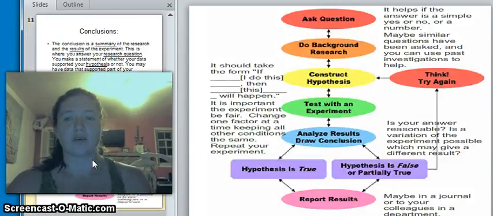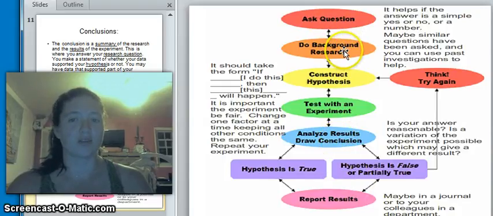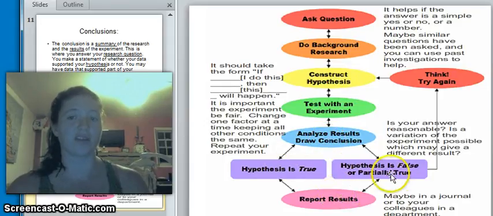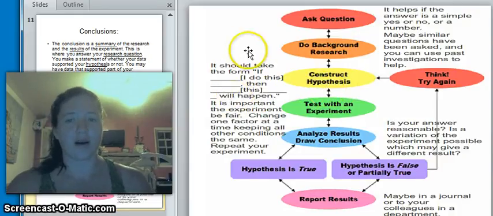Okay, now going through, our last piece here is kind of the flow chart here. We start with ask a question, do a little background research, have a hypothesis, test it, analyze it. If it's true, we report the results. If it's false, we report the results and then think about it and try again. Our hypothesis should be